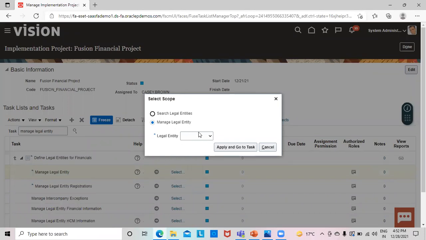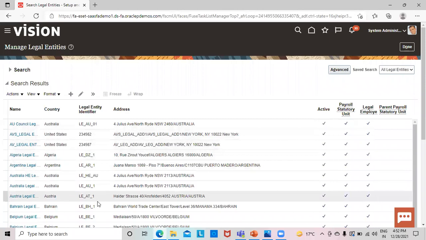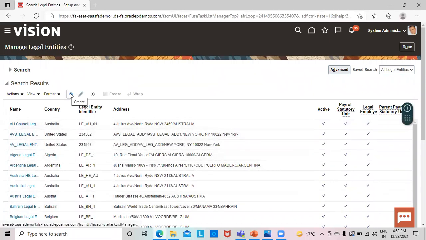If our legal entity is already created, we can just click on select and add. As we have to create a new legal entity, we'll select the option Create New and click on Apply and Go to Task. So these are the already created legal entities. To create a new one, we'll click on the create icon.